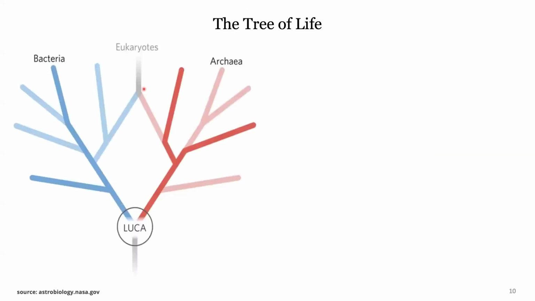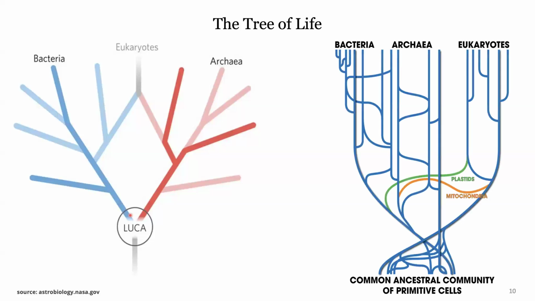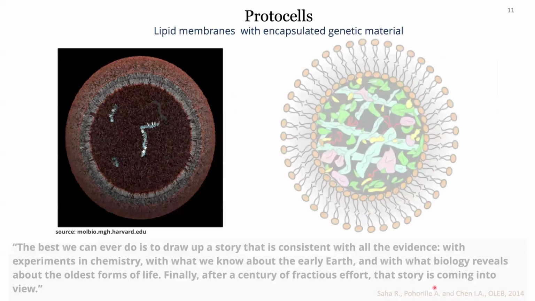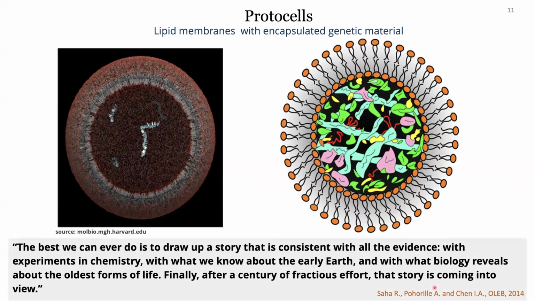Here is a very cartoonish, minimal version of a tree of life, which shows that at the base of all life as we understand today, there possibly was a last universal common ancestor. This was the understanding till about a couple of decades ago. Now it looks more like this, where the appreciation is that you had these minimal living entities, a common ancestral community of primordial cells that interacted with each other, and some set of selection pressures, pH, temperature, salinity, availability of ions, availability of different kinds of molecules, all of this can shape what might have eventually survived and led to what we see today.